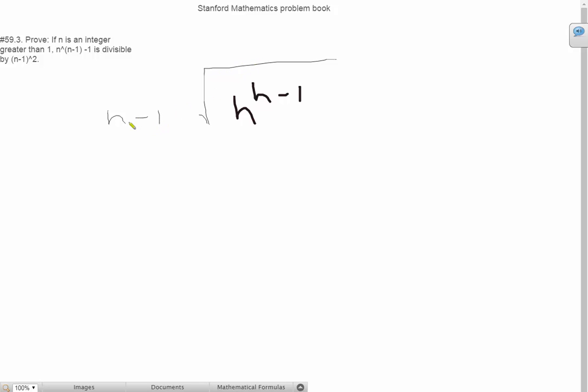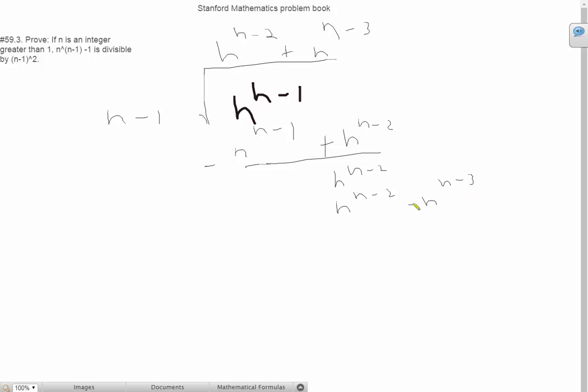So how many times is n gonna go into n raised to n minus 1? N raised to n minus 2 times, right? So write that down. That becomes n raised to n minus 1 minus n raised to n minus 2. Change that to a plus. That becomes minus. And you have n raised to n minus 2. Now we have to get to n raised to n minus 2 from just n. So we have to multiply by n raised to n minus 3. And again, same thing happens, and this time we get left with n raised to n minus 3 as the